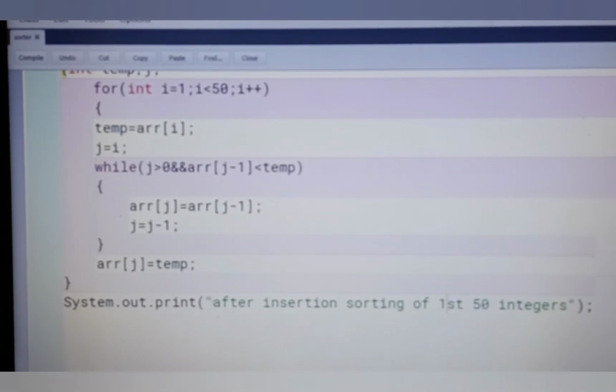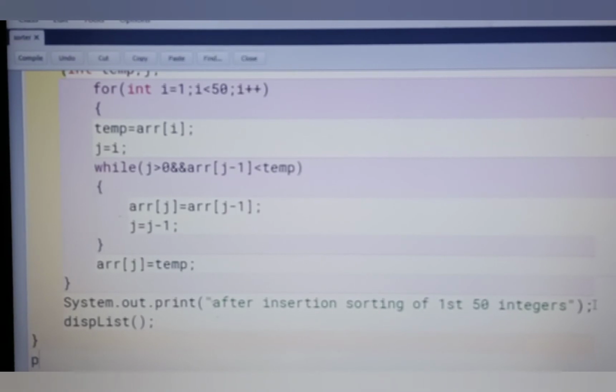Okay, after this we call the disp list method here. When we call this method, the array is arranged in sorted order. After this, close this method, which means the insertion sort method.